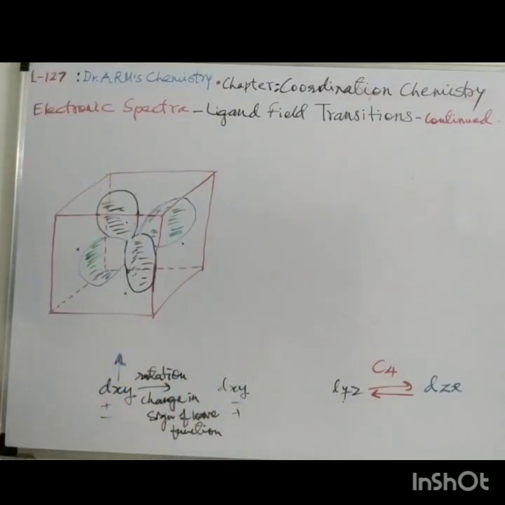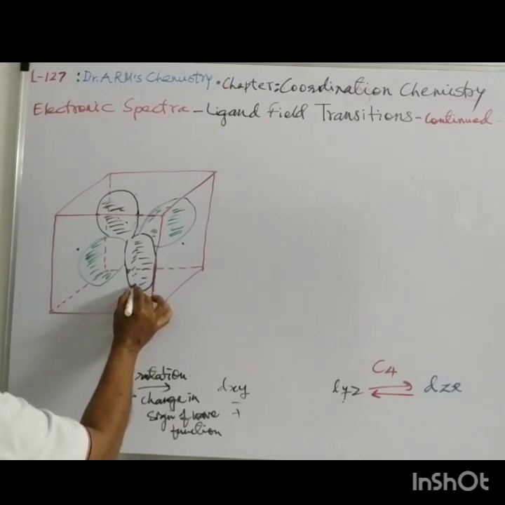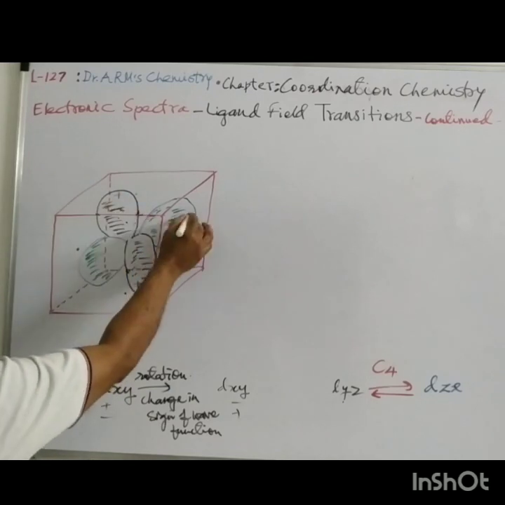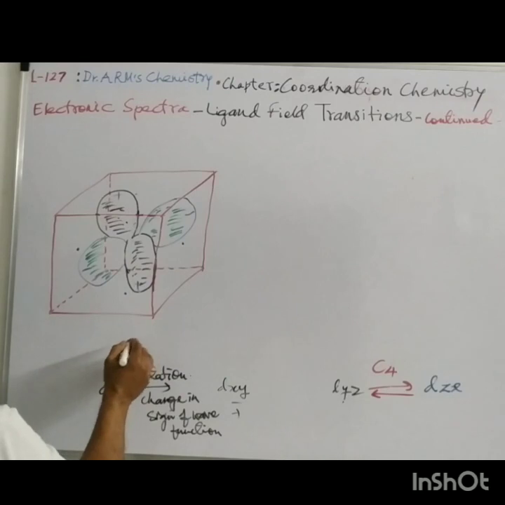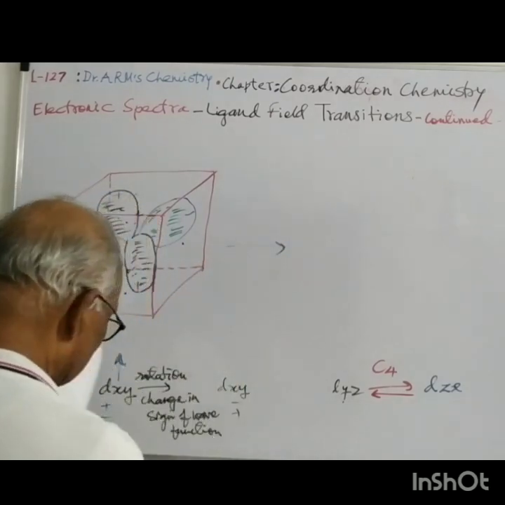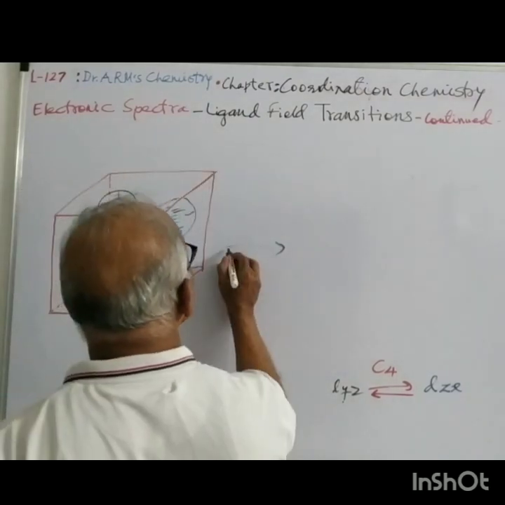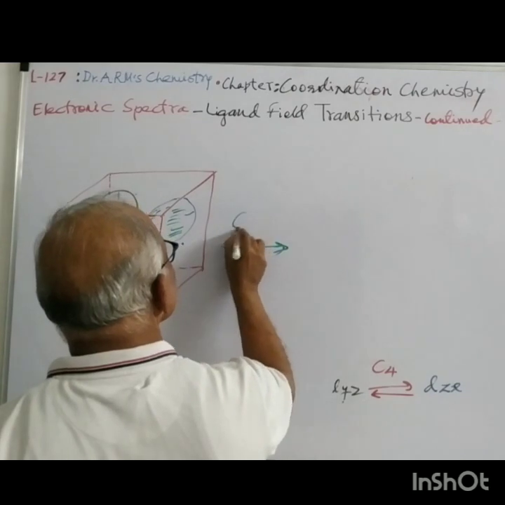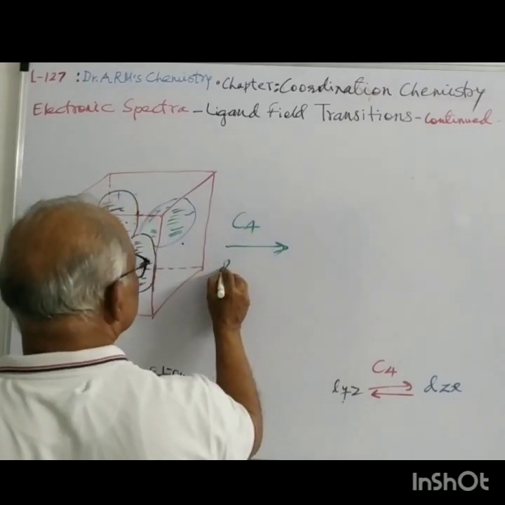This is the dxy orbital. These two lobes have a plus sign of the wave function, and these two have negative signs of the wave function. So before rotation, and after undergoing C4 rotation,